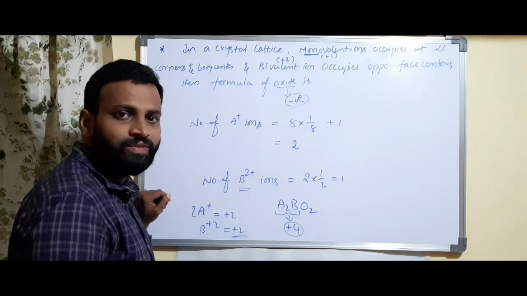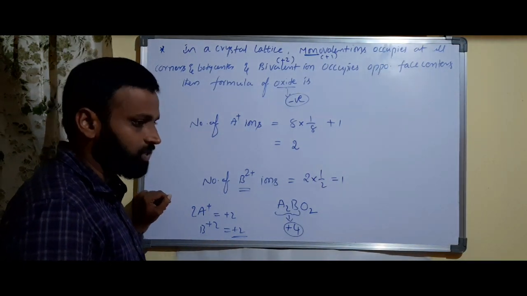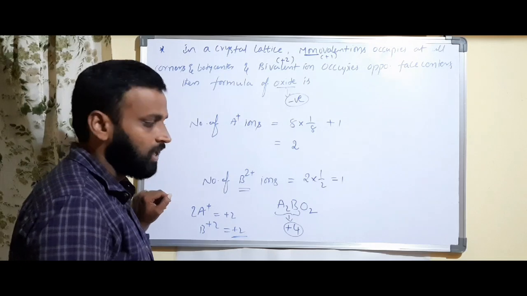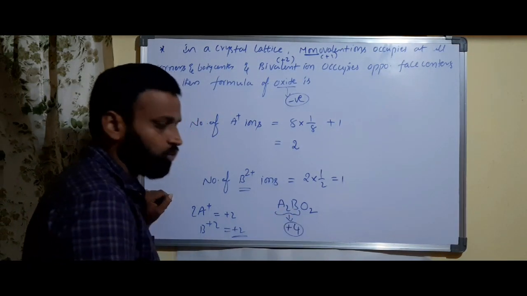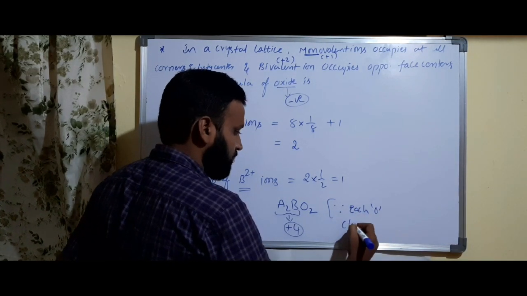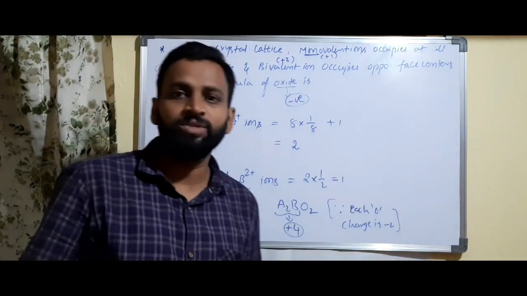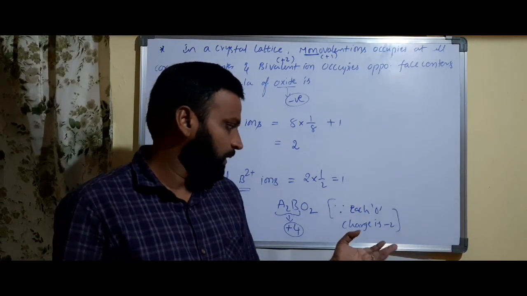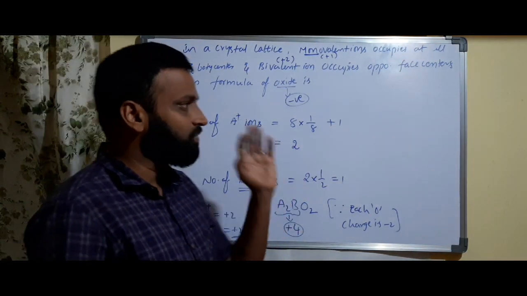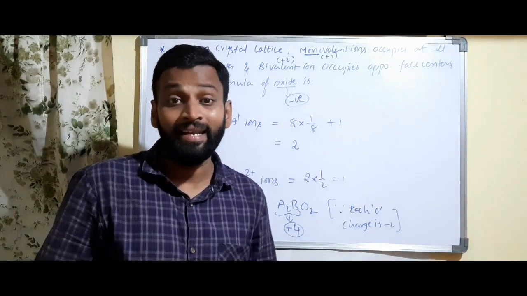Same with nitride, if they ask, you have to take it in the same manner, with the nitrogen charge. Total positive charge is +4, so how can I get -4? For nitrogen we have to consider that. A2BO2. Why O2? Because each oxygen charge is -2. So one oxygen means -2, two oxygens means -4. Understood? In that way we have to consider the charges of cations and anions.